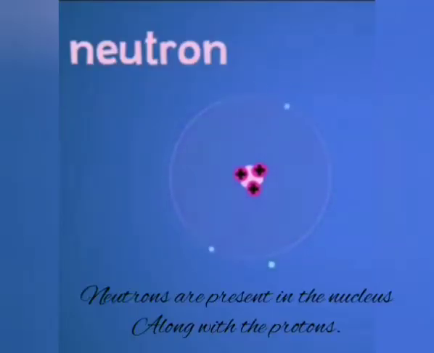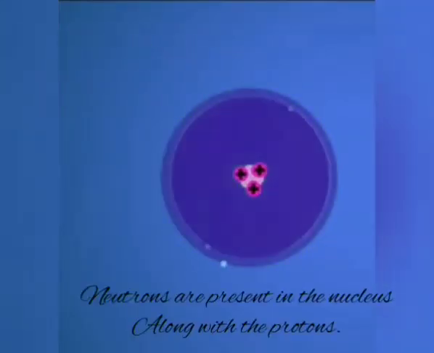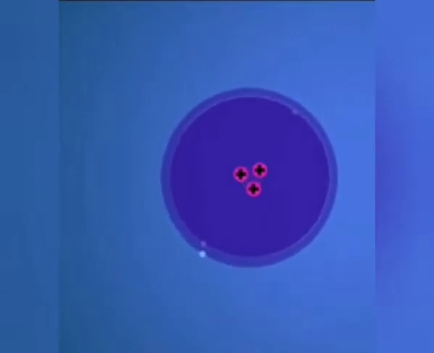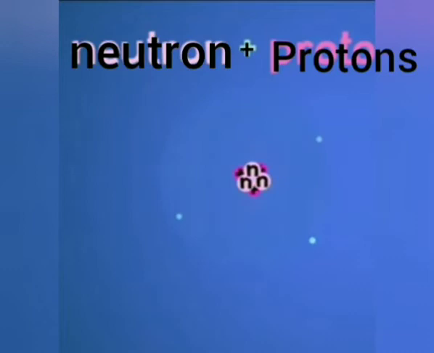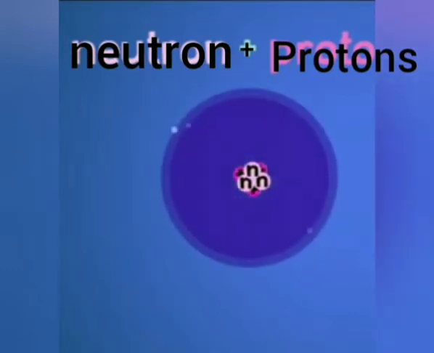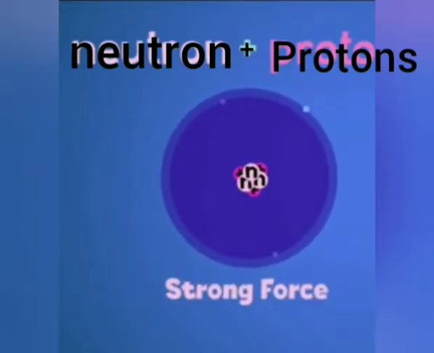Neutrons are neutral charge particles, meaning they have no charge on them. They are situated at the center along with the protons. Now, the neutrons and protons all together make the nucleus. The neutrons and protons together are called nucleons, and electrons keep on revolving around them in some fixed orbits. They are bound by a strong force, thus the atom remains stable.